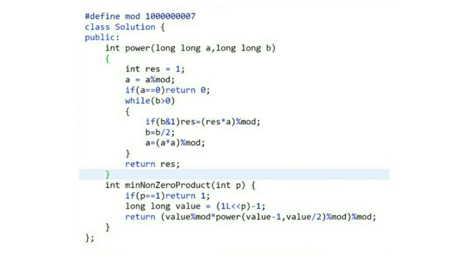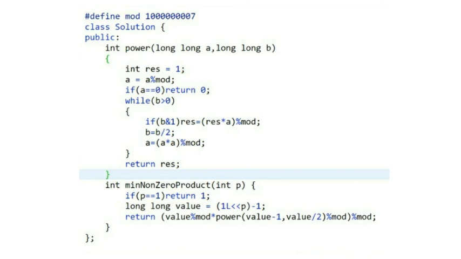Okay, so we are initializing result as 1. We first take a equals a modulo mod, and if a is equal to 0, it means that a is divisible by mod, so we will simply return 0.